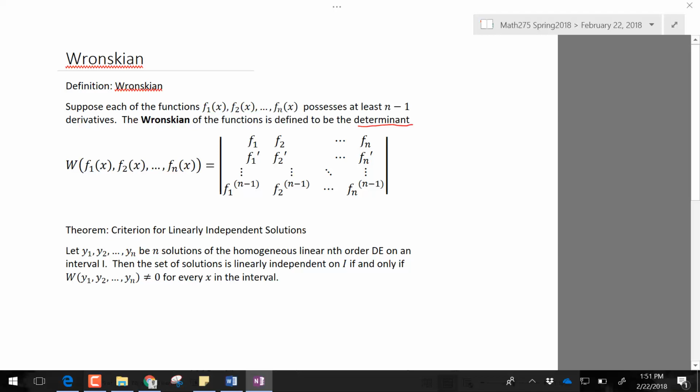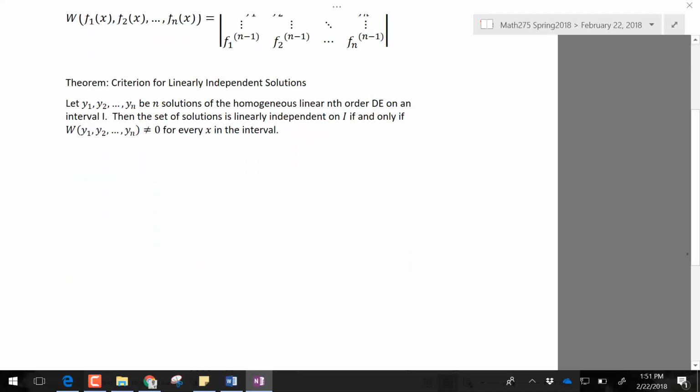So functions can be considered as scalars, but I don't want to talk about it that way because we've just said that we have scalars times a function. So you're right. So let's just say determinant